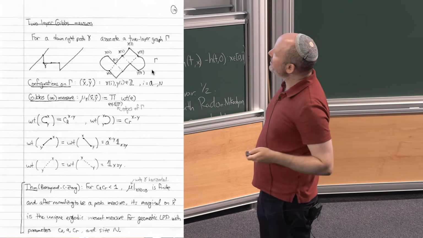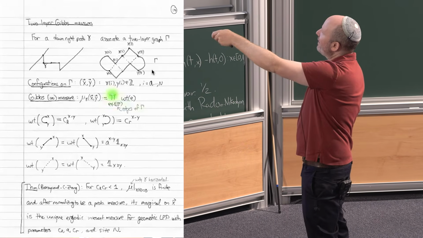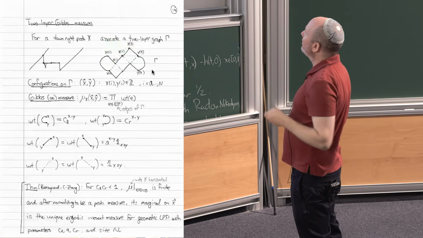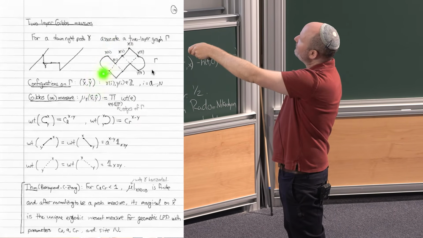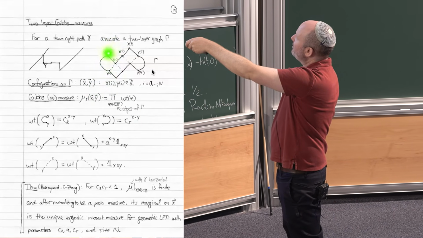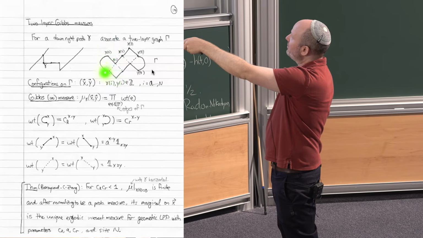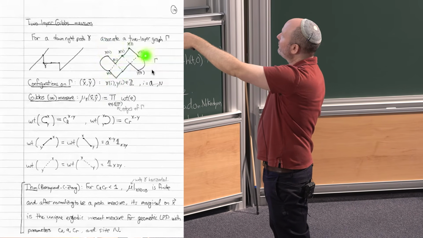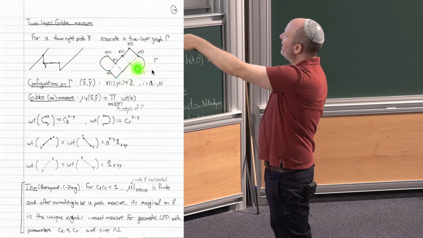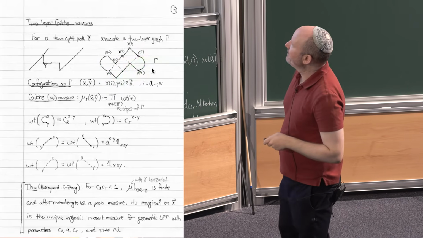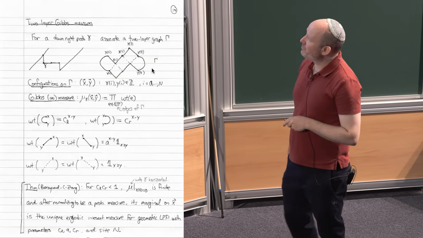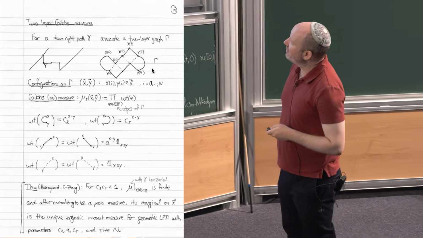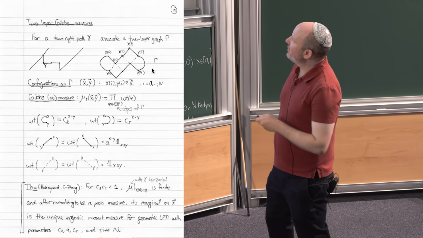And then a configuration on the path is that at every vertex of this path, a configuration on the graph is that at every vertex, I put some natural numbers, or some integer numbers. So I label all of the vertices x0, x1, x2 up to xn, and then y0 up to yn. Okay. Now I define a Gibbs measure, which is currently an infinite measure, on the configuration space by taking the